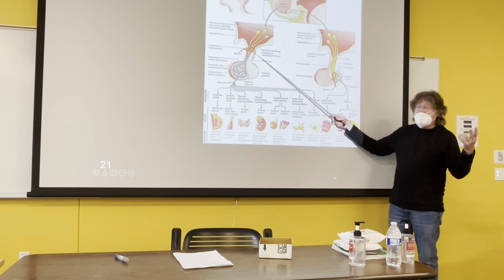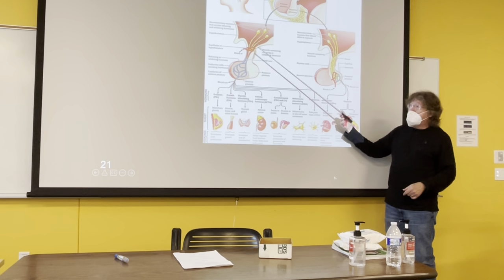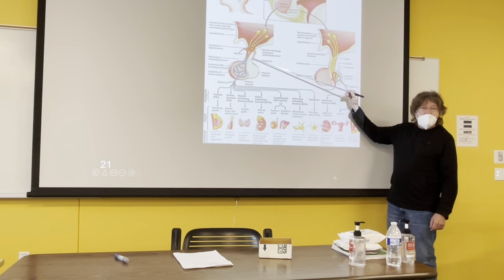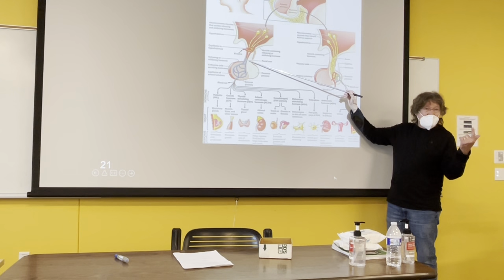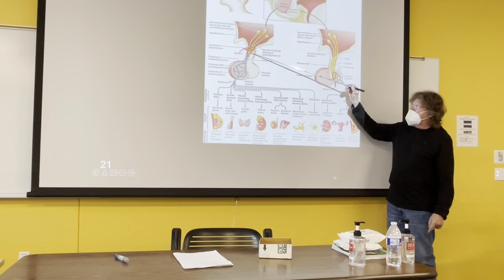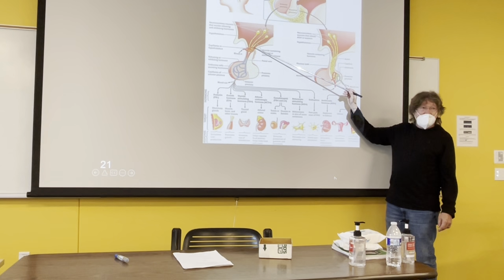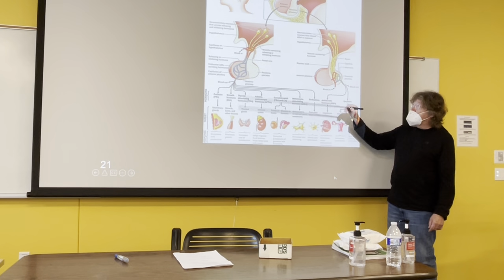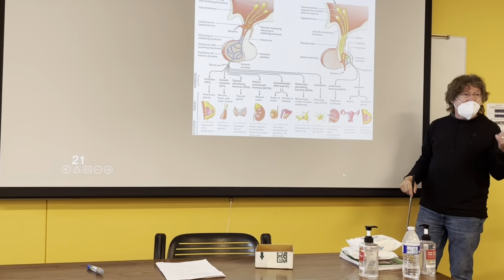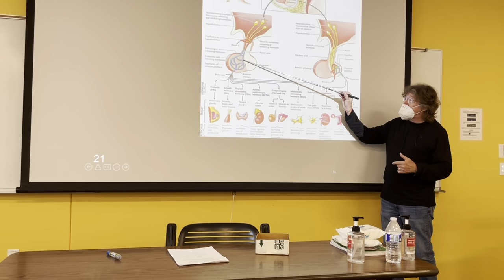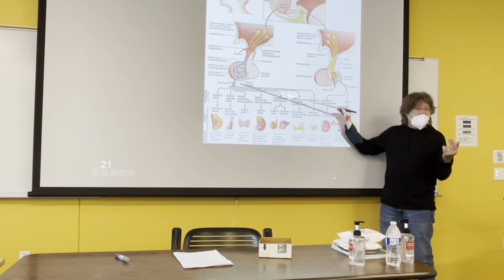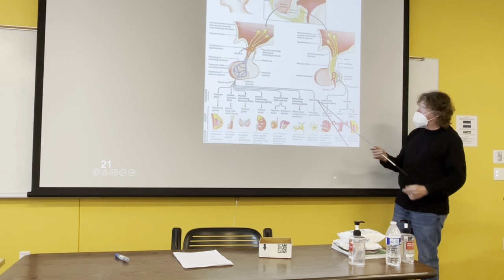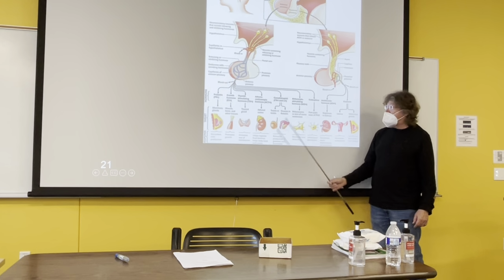And so their axons release their releasing hormone or inhibiting hormone into a capillary bed. That capillary bed fuses together, and we have a portal vessel. Okay? Remember the hepatic portal vessel? This is a portal vessel too. Very short, because it just goes from this capillary bed in the hypothalamus to a capillary bed in the anterior pituitary. And all these releasing hormones and inhibitory hormones are very specific for particular cell clusters that produce certain specific hormones. And there's quite a few of them here, okay? We're not going to look at all of them.